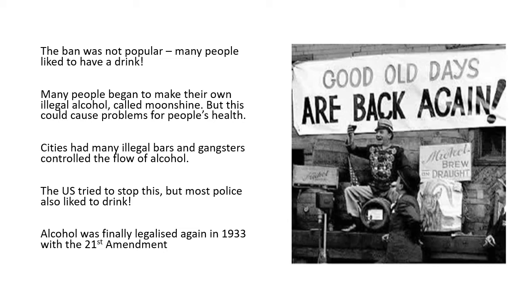And with 250,000 illegal bars in America, even if every police officer in the whole of the country had been given to stopping people drinking alcohol, they would not have had enough people. And of course, the police had other things to do as well, to stop shootings, to stop stabbings, to stop burglaries and rape and fights. There were many things that the police should do. There simply were not enough police to stop this.